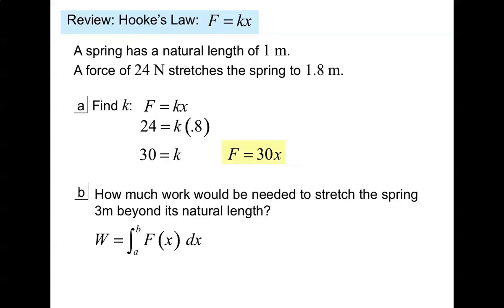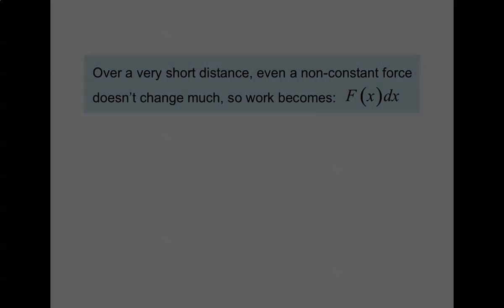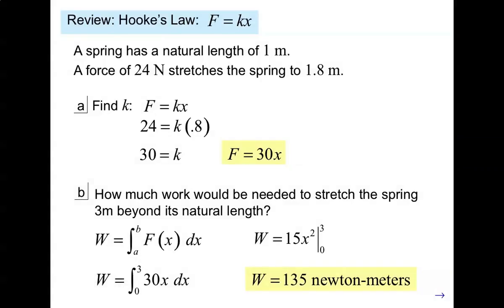If you put 1 to 4, you'll get a different answer. What would the integral 1 to 4 be? That would really be from 2 to 5, right? That would be from a stretch of 1 out to a stretch of 4, right? And that's not what we're doing. We're doing it from no stretch out to a stretch of 3. So the integral's from 0 to 3, 30x, and we don't get 270, we get 135,